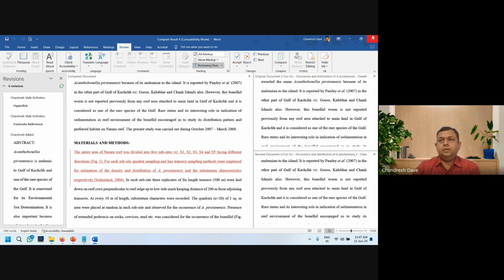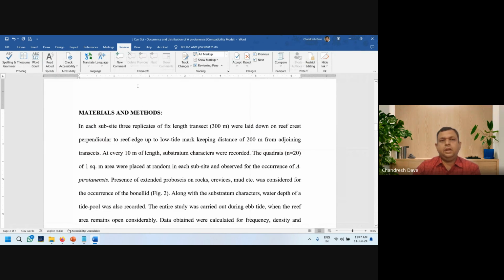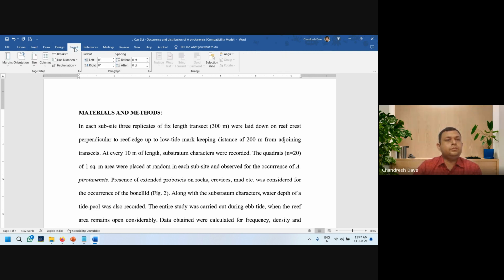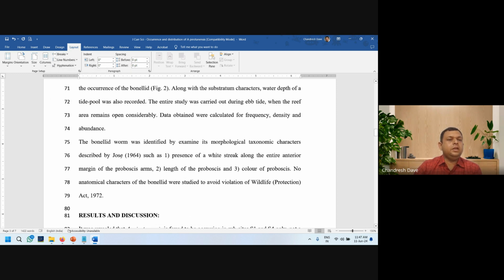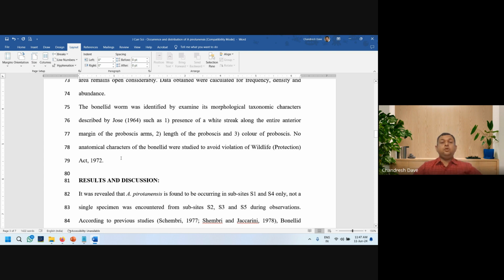There is another feature like numbering. It is very common, but still it is very much useful. You go to layout and line number. You can mention line numbers in your writing. So exactly you can pinpoint in which line you would like to draw attention of your fellow writer or the reviewer.